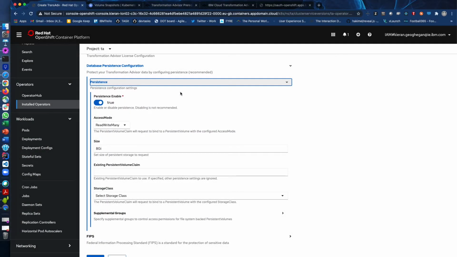Using the default storage class. If your cluster has a default storage class set, then configuration is very simple. The only thing you need to do is ensure that the access mode is compatible with the storage class. My cluster is running on IBM Cloud and has IBM Block Storage as the default storage class, and I know that that is only compatible with read-write once access mode. So I'm going to go and set that. Now I'm just going to create the instance,